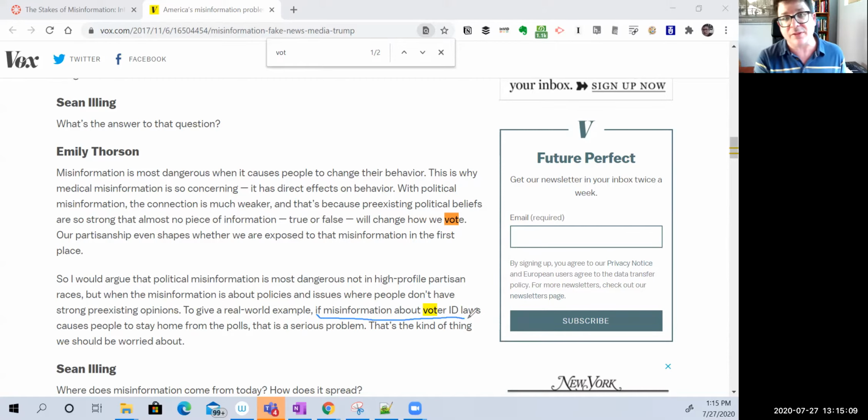If that causes people not to vote, that has really serious consequences, and possibly, even though this is weird, it might have more serious consequences than something that is more bizarre. If people believe, for example, that Obama laughed at the Benghazi attack, which absolutely did not happen, is absolute fiction, and would be a bizarre belief for people to have,